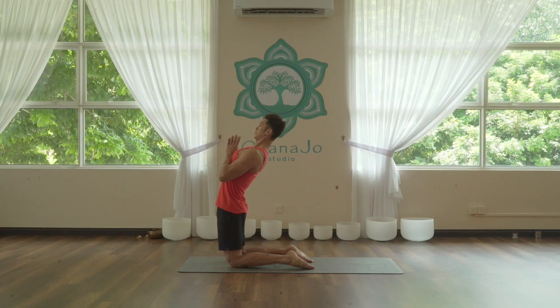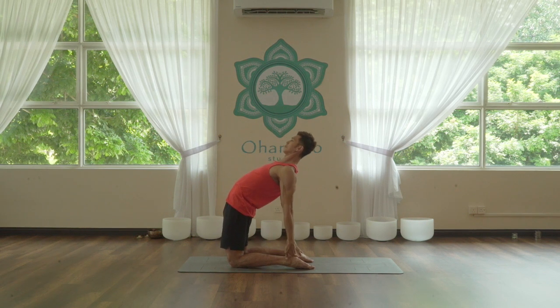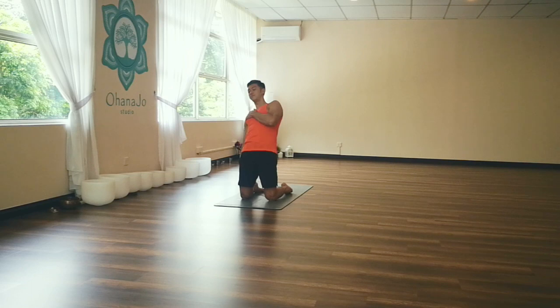Again, inhale, exhale to drop back. Right hand to the ankle first, left hand to the ankle. And keep spreading the chest, squeezing the shoulder blades together, lifting the heart, sending the hips and the thighs forward. Breathe. And bringing the left hand over to the right shoulder, right hand over to the left shoulder, coming up nice